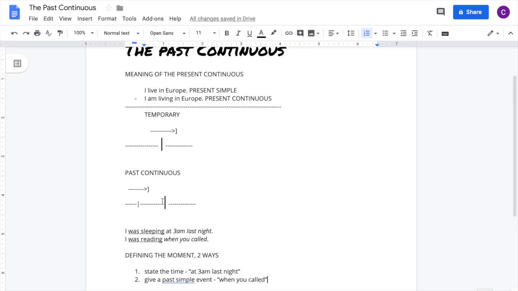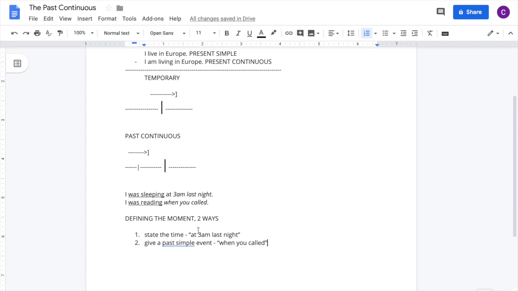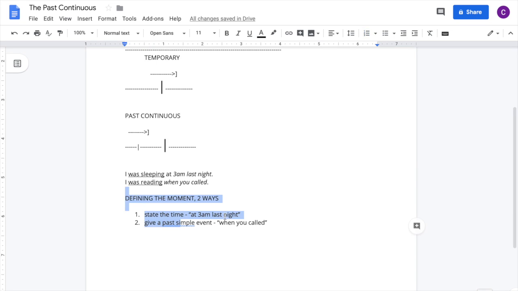Okay, so far what do we understand? We have a temporary activity at a past moment that we define. We're going to define that moment. Okay, so that's most of what we have to understand, but there's one more thing that we should think about,